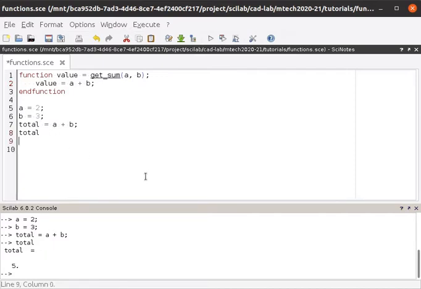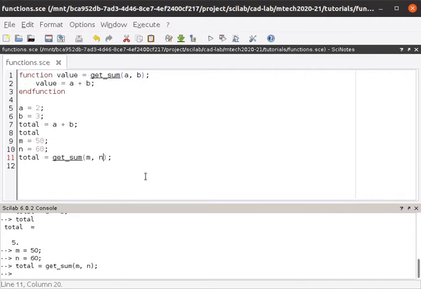For example, suppose you are taking two numbers, m is equal to 50 and n is equal to 60. If you want to add them, what you will do here, write like this, but this time we are using the function. So what we do, total of them is equal to, we write this way, getsum. Now pass the two numbers that we want to take the sum of.